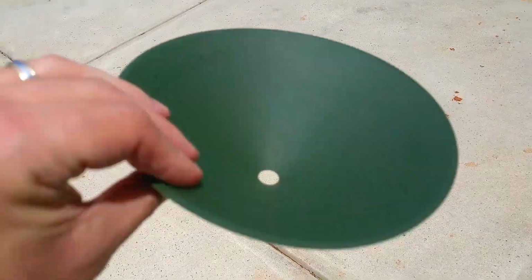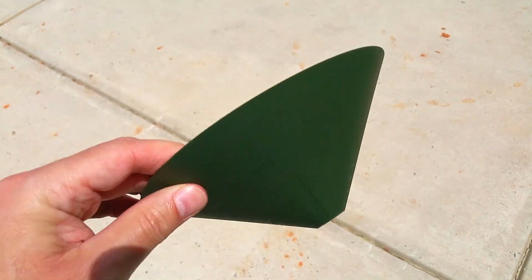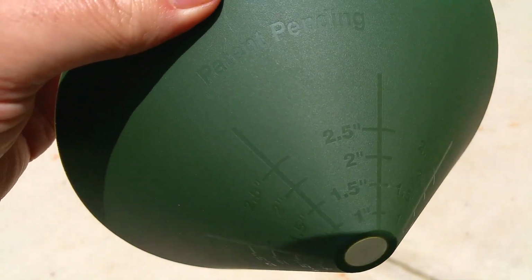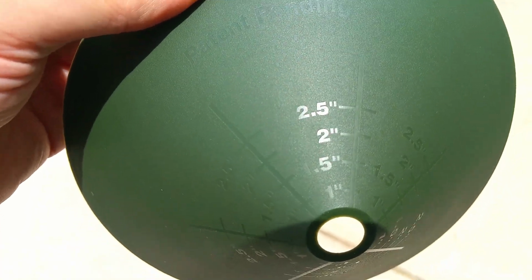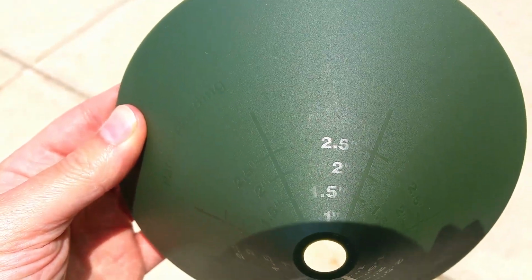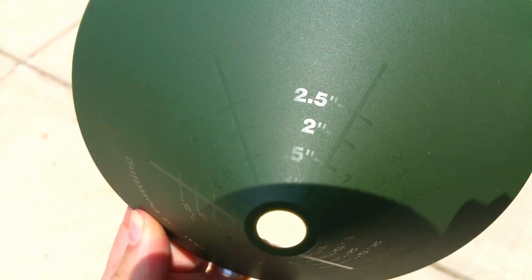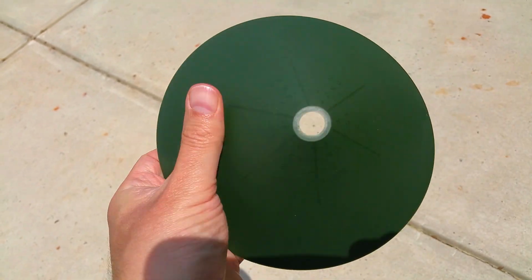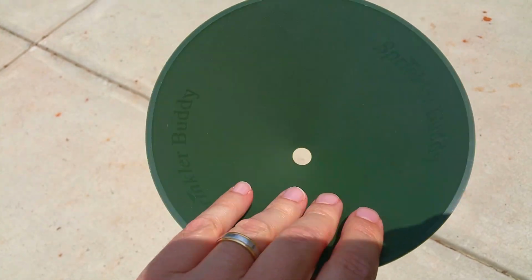So let's take a quick look at the install so you see what's involved. The actual Sprinkler Buddy is a good flexible plastic. It's UV protected. It has a 7-inch diameter, and it has these demarcations, 1 inch, 1.5, 2 inch, that you'll need to cut up and along to the diameter of the sprinkler head you're going to fit this